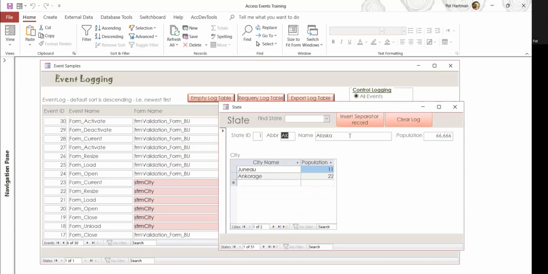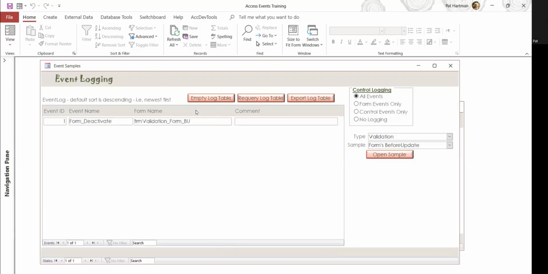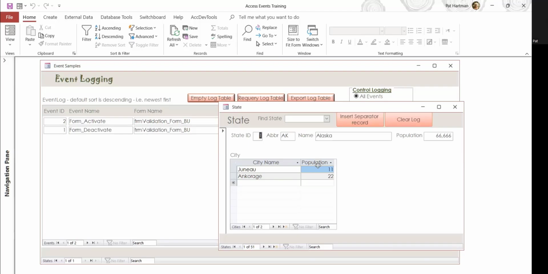And if we look back at what we changed, you'll see the 66,000 is still there. All right, so let me clear the log, because I have a clear log button. If I click on this form and then clear the log, I've created events. And then I click back on this form and I've created another event. So in order to keep the noise to a minimum, I added the clear log button over here. So now let's go into the subform